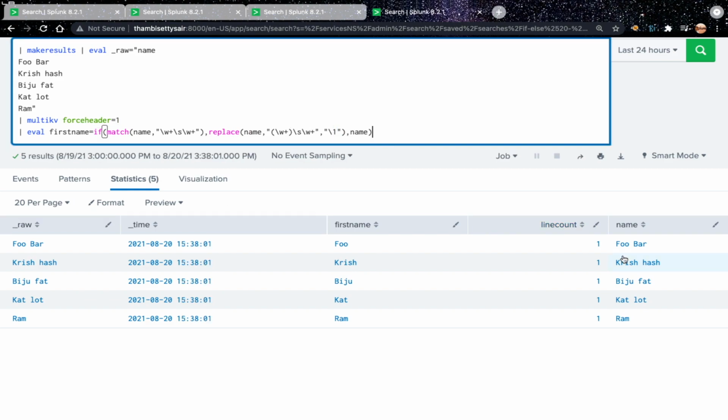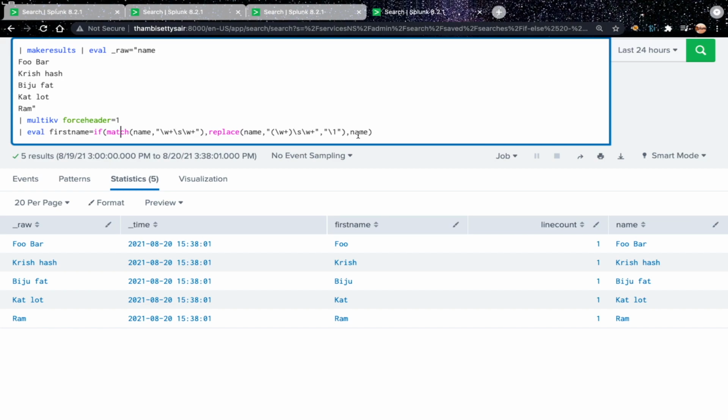We can see the first name from the field called name is assigned to the field called first name. And the false value for this if match would be name, because the regex pattern we used here will match only the first 4 values of name, and the fifth value will not be matched with the regex pattern we used in the match function here.